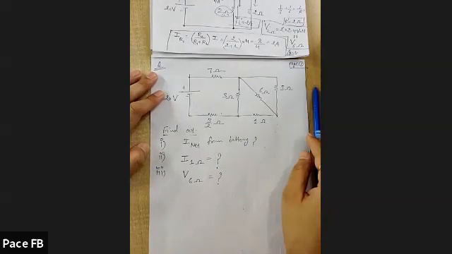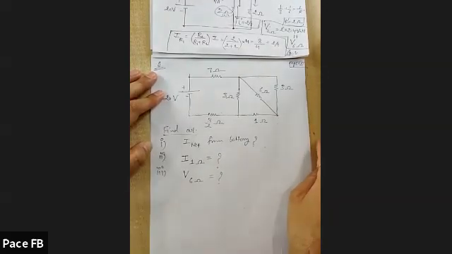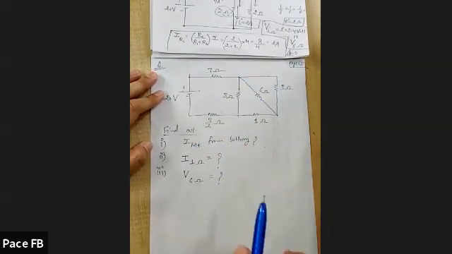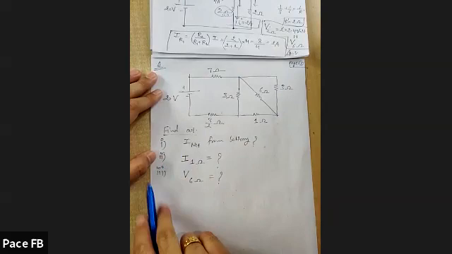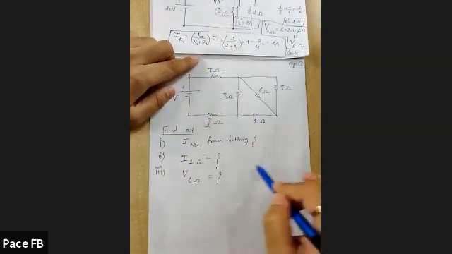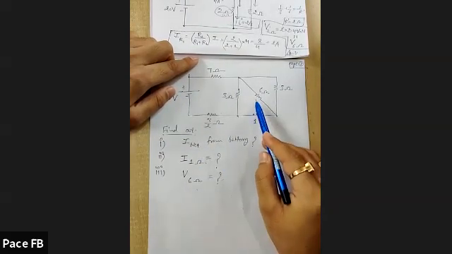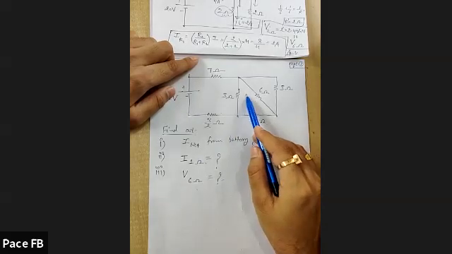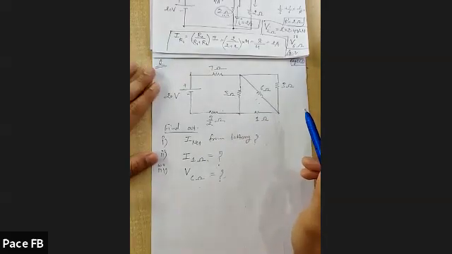So what you have to do first: multiple resistors are connected, so you need to find out how many of them are in series or parallel. Club all of them using series and parallel and find out R equivalent. Then V, 20, upon R equivalent will give you the answer for the first part, I net. And then split the current into the other branches, find out the current in all the branches. That will give you the second part. And the third part would be the potential difference across 6 ohm, which would be the current passing through 6 ohm multiplied by 6. That would be the potential difference across 6 ohm.